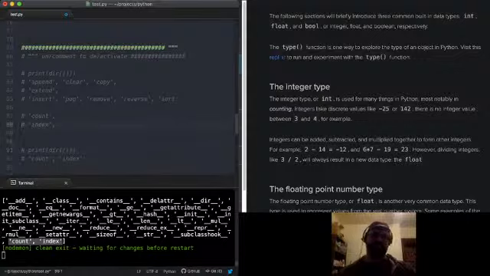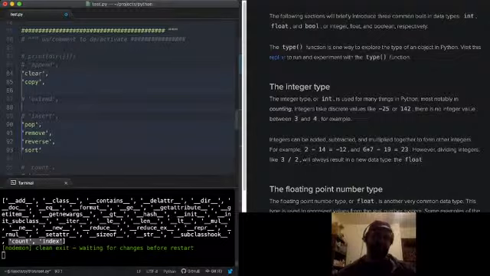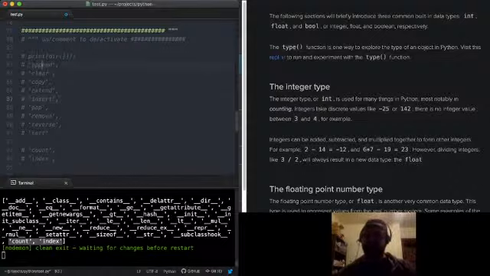Okay, there we go. So append adds something to the end, clear empties it out, copy makes a different copy, sort of duplicates the list.